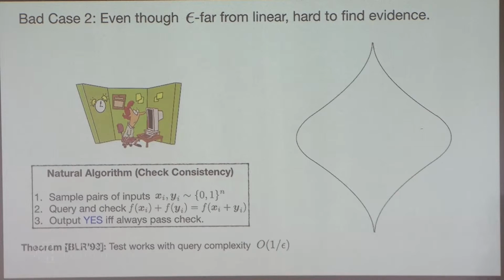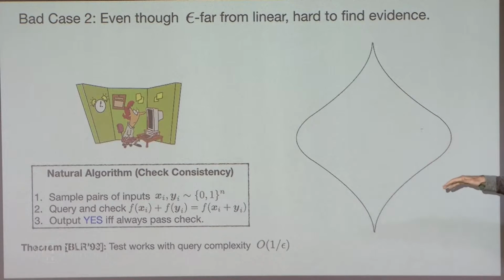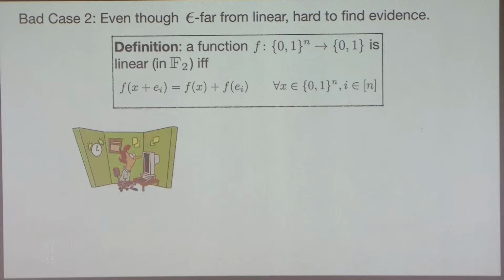So, in order to go through case 2, I'm going to define a different definition of linearity. This is also a definition of linearity. It would have given rise to another natural algorithm. Nevertheless, that algorithm doesn't work because it's going to be hard to find the other type of evidence. So let me give you another definition of linearity